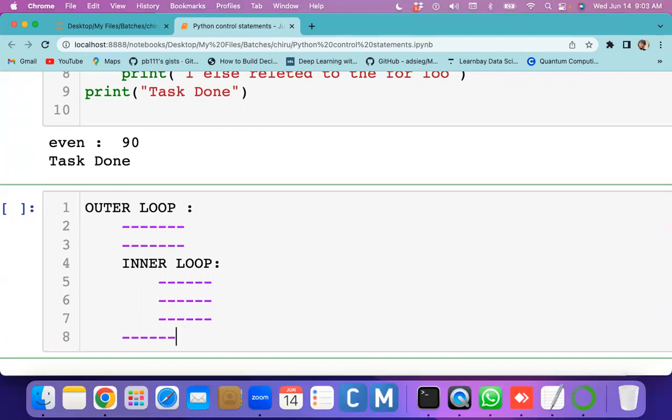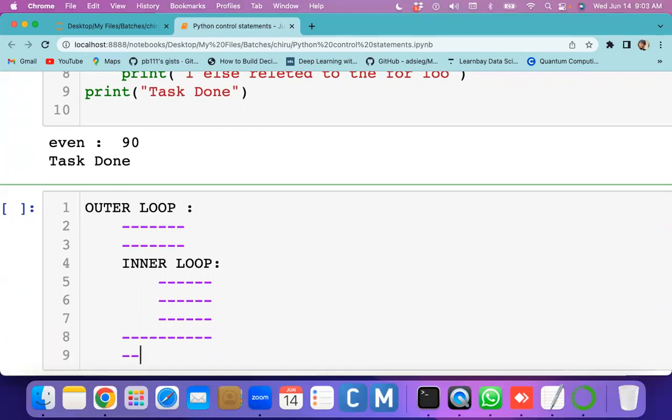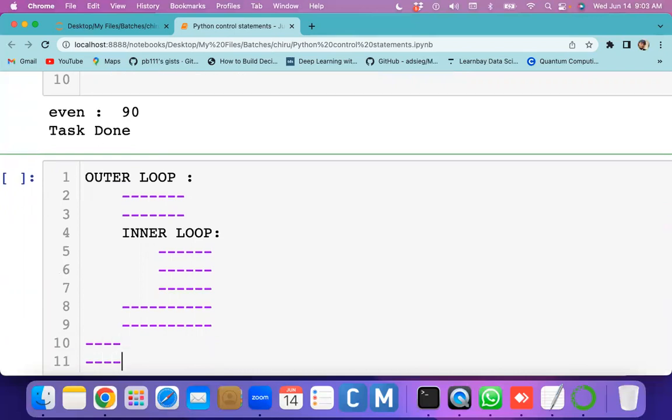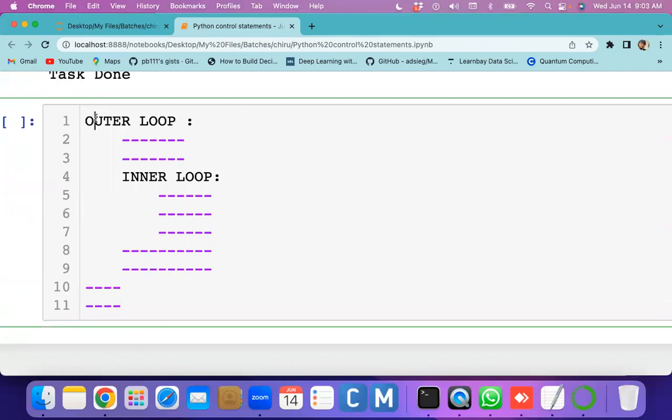This is what we call nested loops. The outer loop contains one more loop, so that's the reason we call it nested loops.